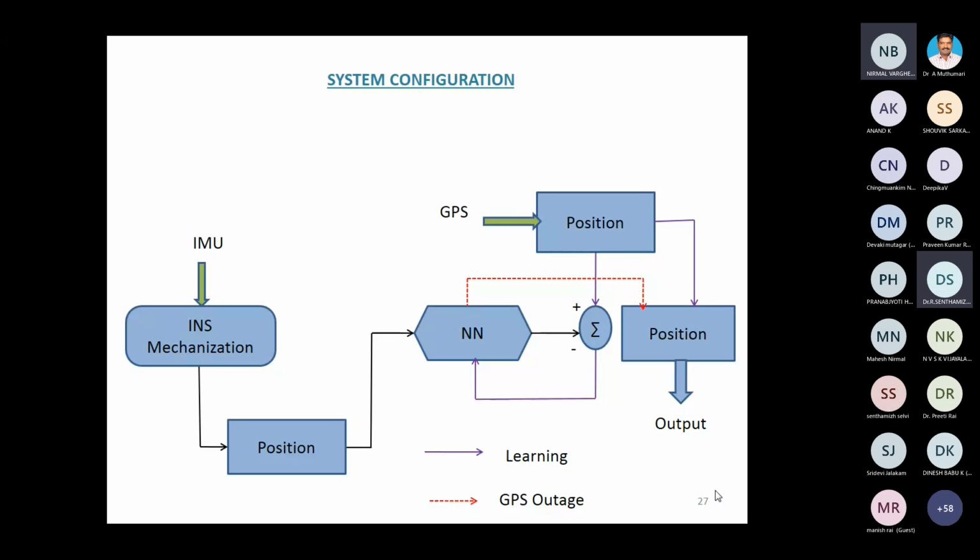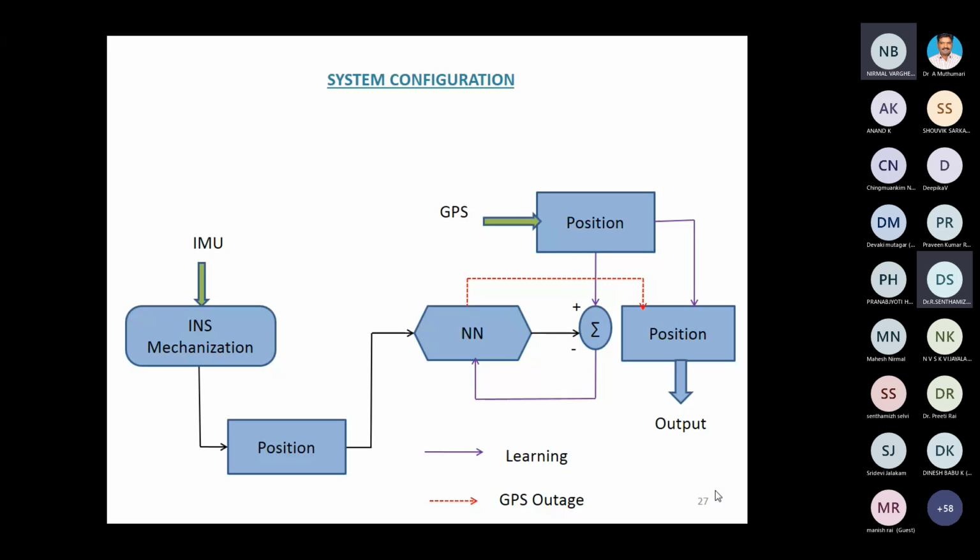Whichever chromosome population gives the minimum position error when I compare the target output of GPS with the trained output of my INS, that chromosome will be made the first rank. Like this, I'm continuously creating the current population and the new population. In the end, the population with the minimum error is considered the best population. With that, I'm stopping my neural network training process. This is the concept of genetic algorithm application in the recurrent type neural network.